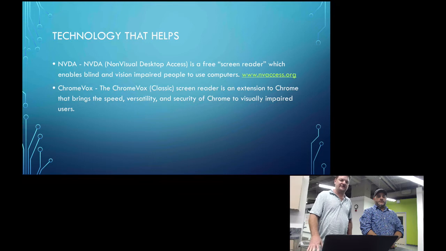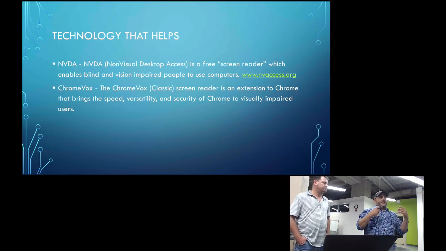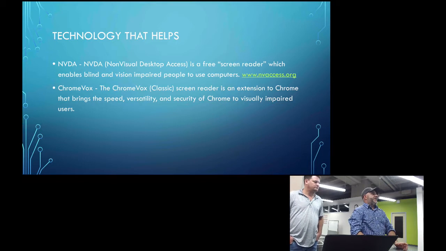ChromeVox, that's just a screen reader that you can add to Chrome. I've used that a few times, just to see how it is to actually use a screen reader on a website. I've never used NVDA, but I've seen demonstrations of it, and I think Joe's downloaded and used it before. And if the NVDA screen reader is something you guys have never experienced, I would recommend downloading it,